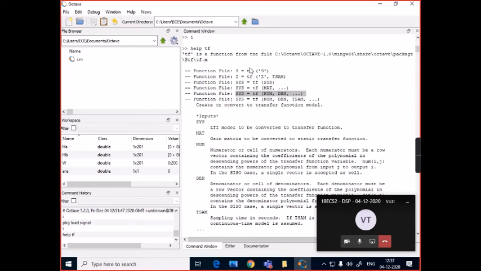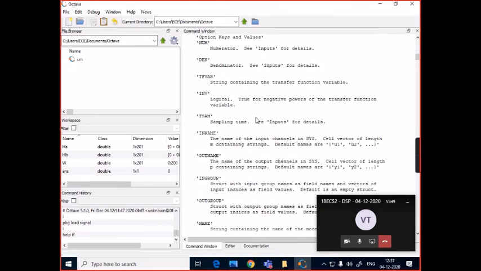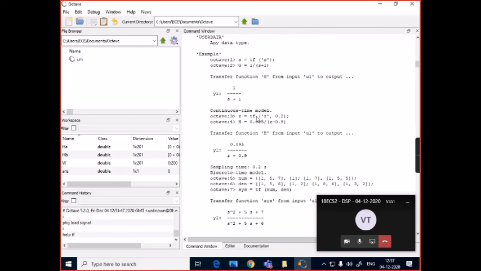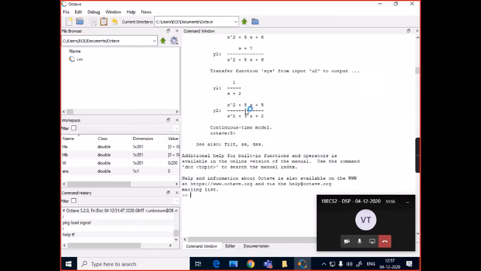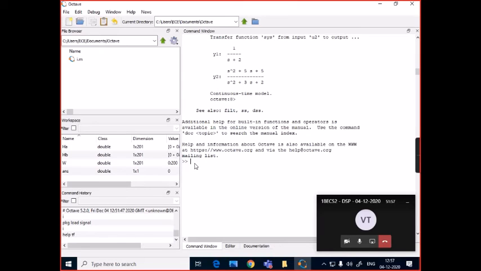Now by using this TF, we can write either a Laplace transform, that is the transfer function of continuous time systems, as well as the Z transfer function, which is the transfer function of discrete time systems. To begin with, let us display the first order transfer function.